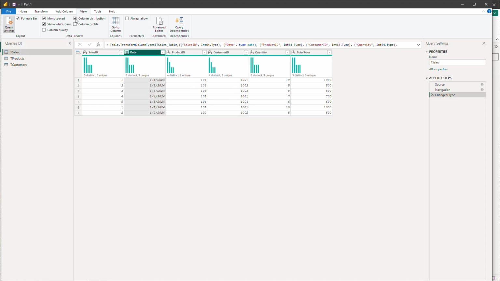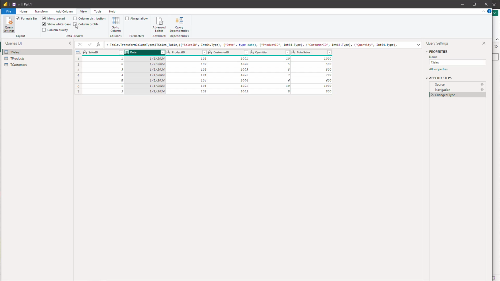You can show the column distribution, 5 distinct, 3 unique. The column profile. Great tools to learn about your data. And then again, I can see the advanced editor from here if I need to. I can also choose to select a column from here. I can also just select them